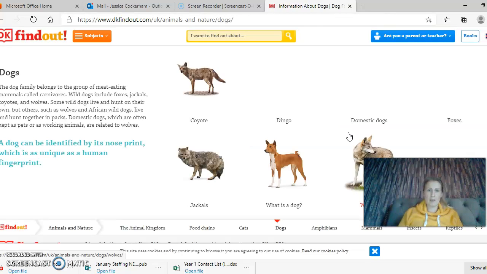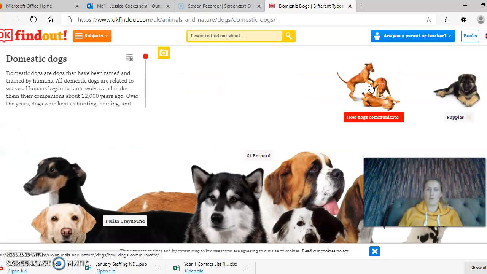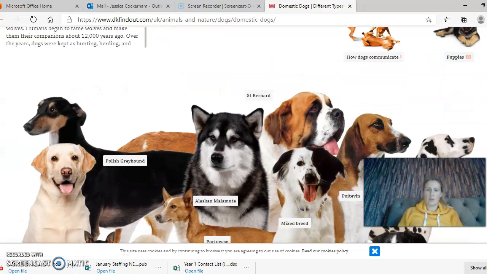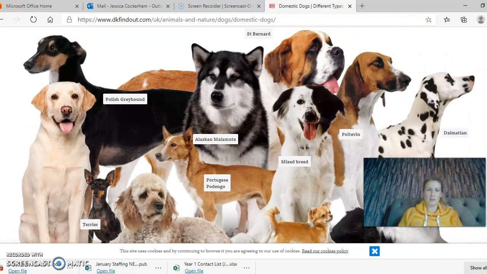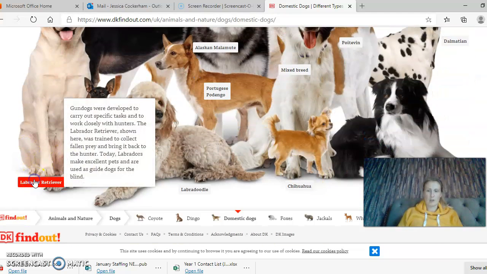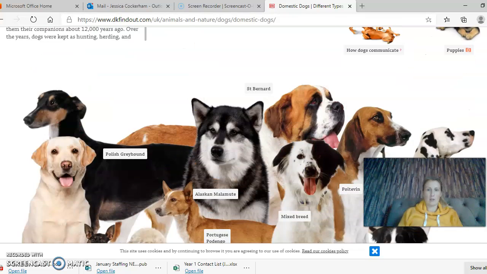Dogs, because I've got a dog called Peggy. Domestic dogs, so dogs that you've got as pets. Let's have a look. Oh, then you can click on the type of dog you want to find out about. I'm going to click on a Labrador because that's what Mrs. Cochrane's got. Okay. Gun dogs were developed to carry out specific tasks and work closely with hunters. The Labrador Retriever, shown here, was trained to collect fallen prey and bring it back to the hunter. Today, Labradors make excellent pets and are used as guide dogs for the blind. They do make excellent pets. I would definitely agree with that